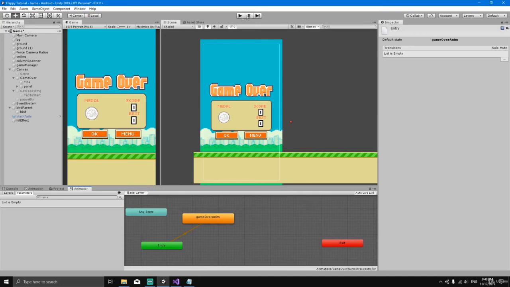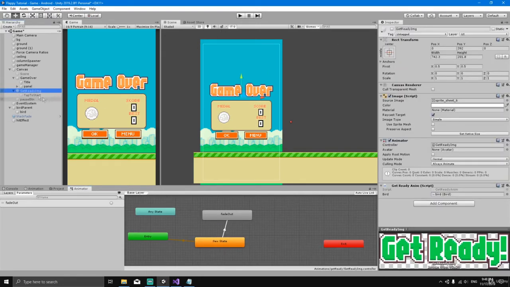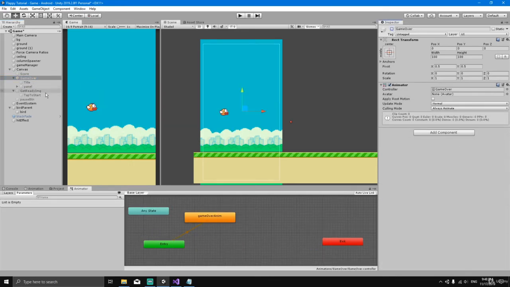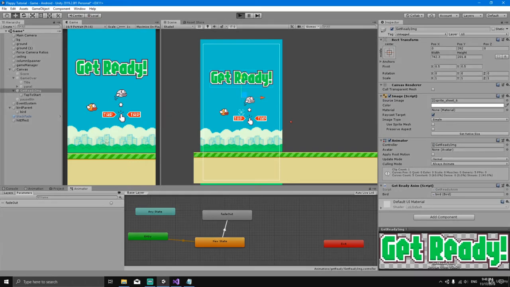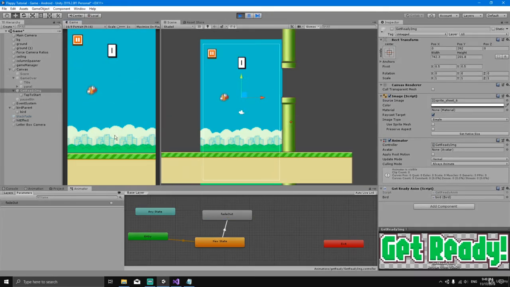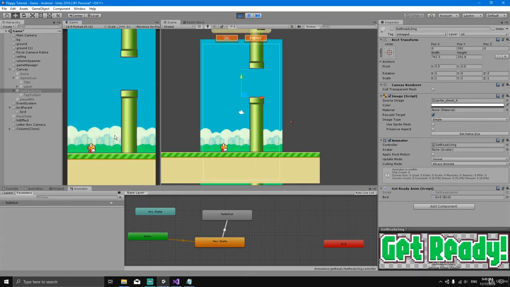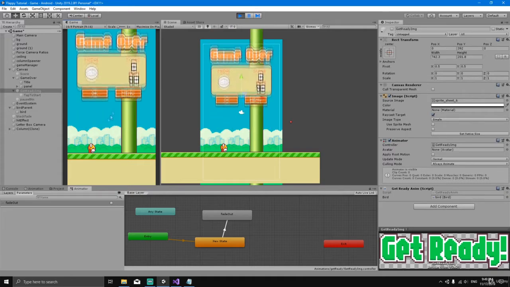Okay, so now let's go to the Unity editor. Let's hide the game over object, sorry, and let's make the get ready image visible. Let's hit play, and now if we die, you might see that it takes 1 second, but as you can see the animation